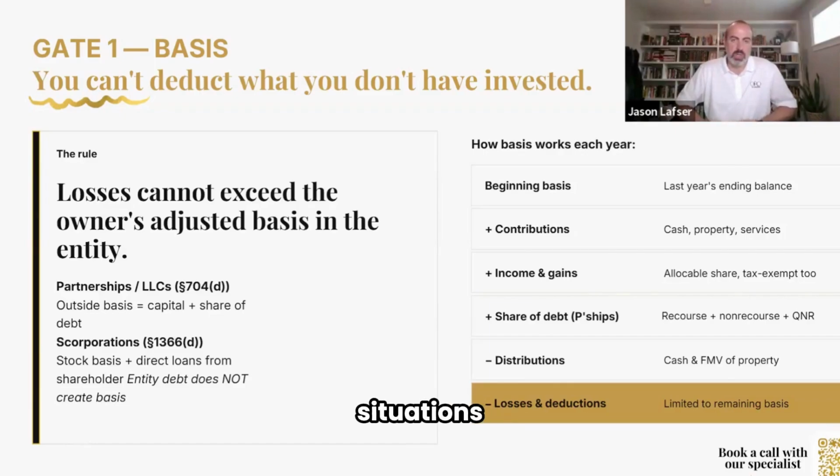And so we've seen situations like that where maybe my basis was $100,000, because I've paid taxes on income in the past, but now I took $100,000 out of the company in a distribution, and then the company lost money. Well, that distribution applies first, so my basis goes from 100 down to 0. And now if I have a loss, I'm not going to be able to deduct that without some planning involved and being able to do something that's going to increase my basis. So this is the first gate.